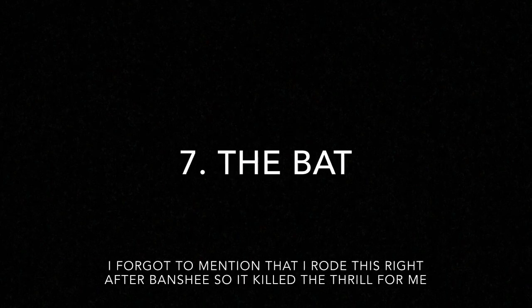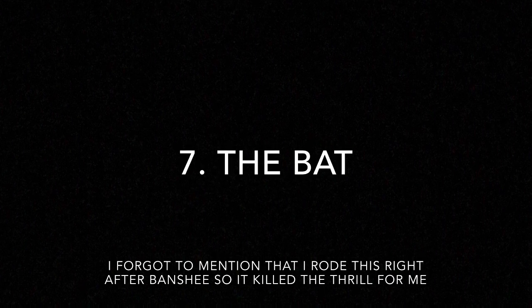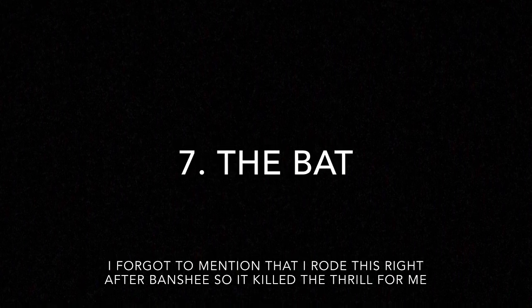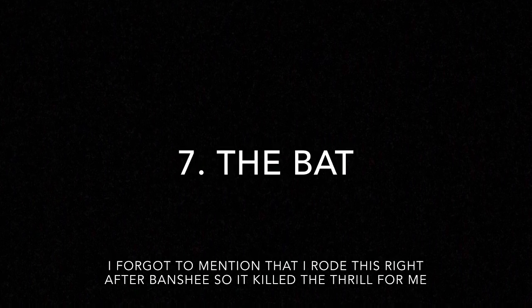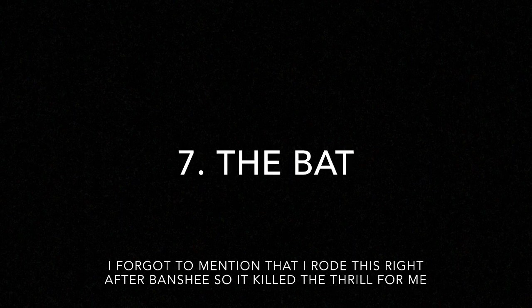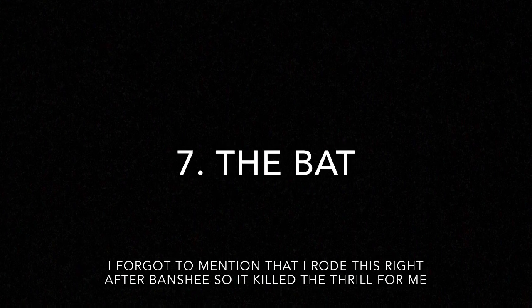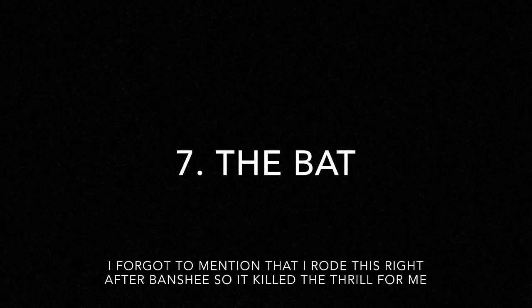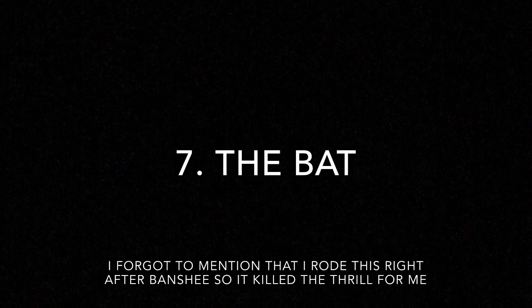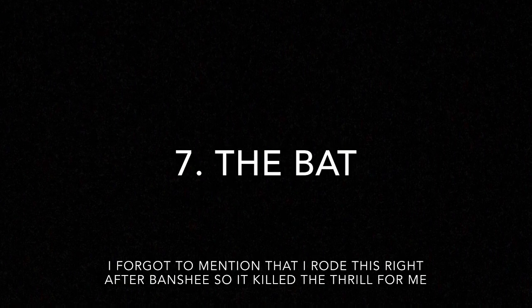Now, 7 is the Bat. Now, I don't know why I didn't get footage for some of these rides at all, but the Bat is one of them. So enjoy this black screen. Also I couldn't find non-copyright footage out there. If you have any places that you know of that has non-copyright footage of Kings Island roller coasters, please let me know in the comments. All right, anyway,